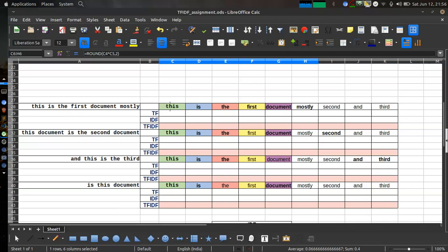So for each sentence I will have 1 cross, and how many unique words do we have out of this? 1 2 3 4 5 6 7 8 9. So 1 cross 9, right. So all the vectors after calculating this TF-IDF or bag of words or binary bag of words should have the same dimension. Then and only then will it make sense to plot all the sentences, all the data points, in a space of d dimension, correct.